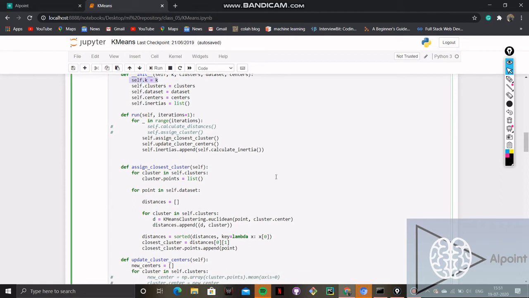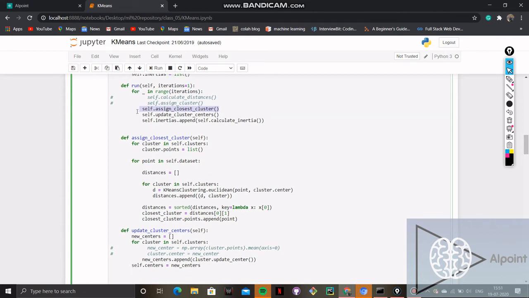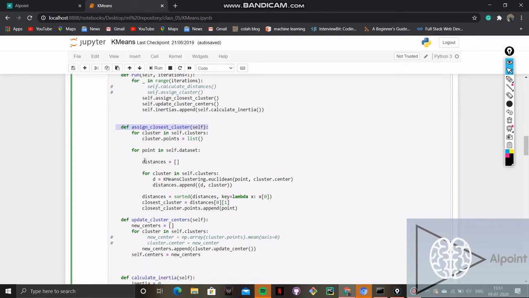This is for running. self.inertias.append will add the inertia, it will update the cluster, and it will assign the closest cluster. So we have to define all these three functions. Here we are defining assign the closest cluster, calculating distances and all.